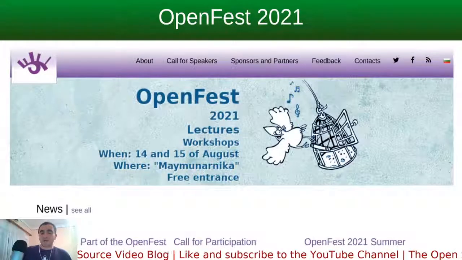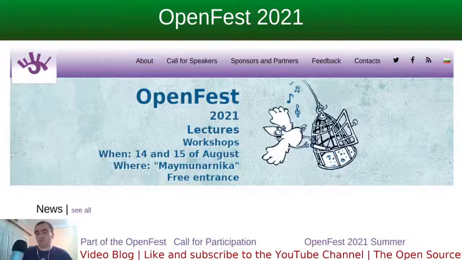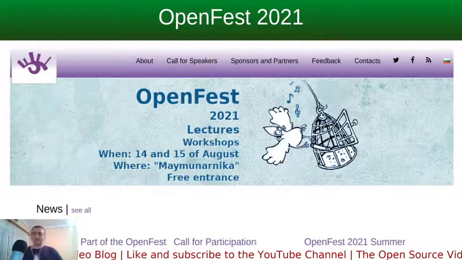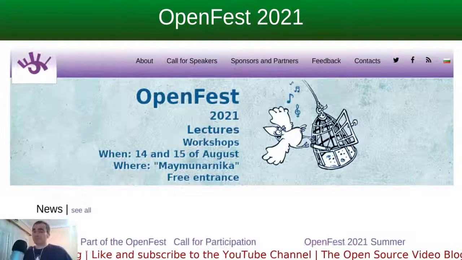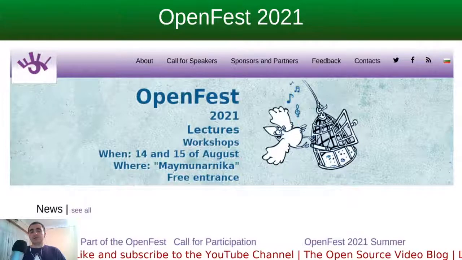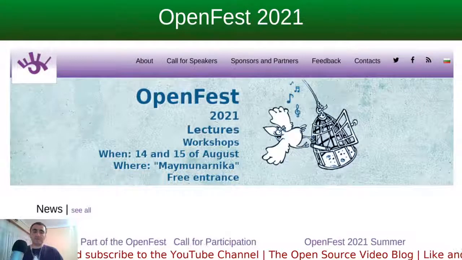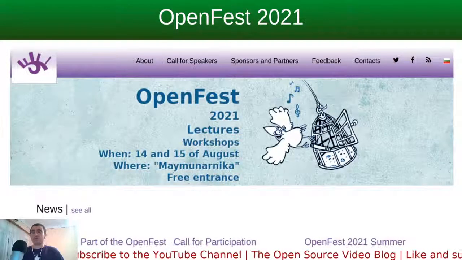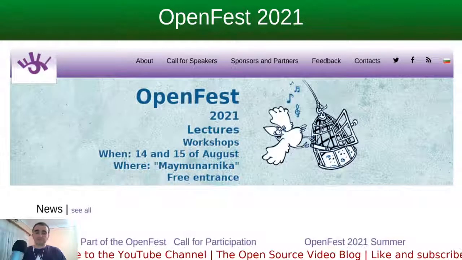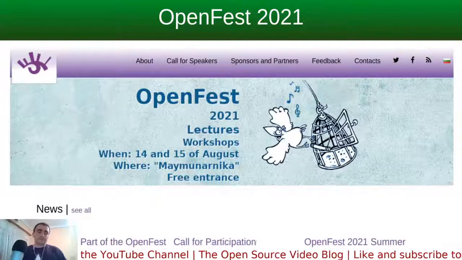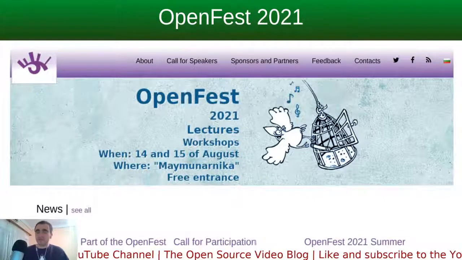because the OpenFest event last year in 2020 was an online event, so we didn't meet as we do regularly. The last OpenFest event in person was in November 2019, and now in 2021 the event will be again in person. However, this time it's going to be an open air event, which means that people will be in a park, in fresh air, so hopefully it will be a very safe event. There is a free entrance, and